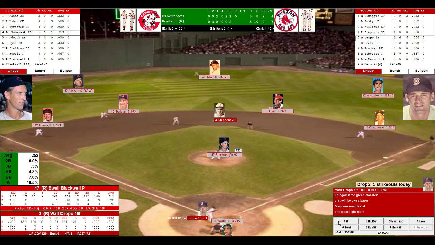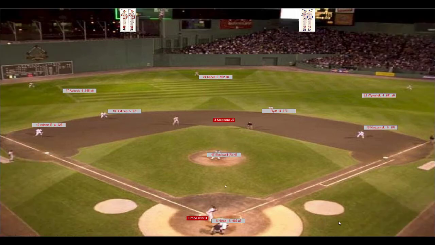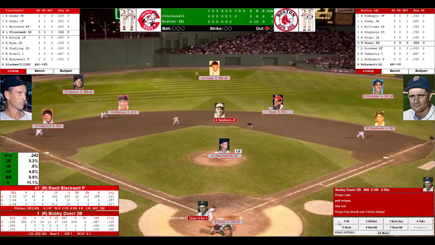Blackwell gets the sign from Howell. Here's the pitch to Walt Dropo. And he strikes him out for the 4th time! Oh my lord! Oh, Dropo is just disgusted at himself. Goes back to the dugout, hanging his head, and the crowd goes silent. They were hoping Dropo would break out of it and blast one out of the ballpark, but it's up to